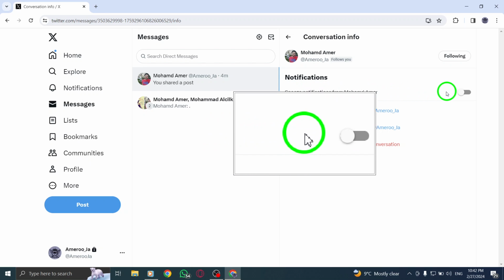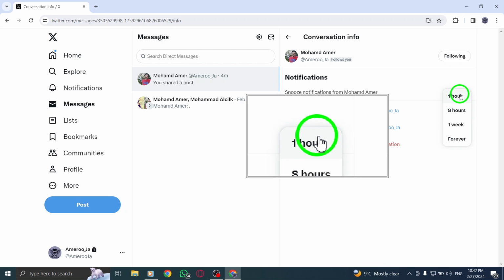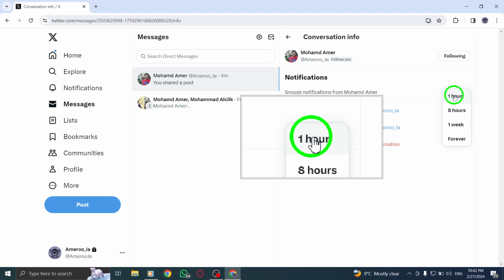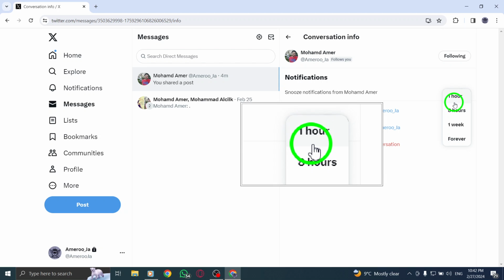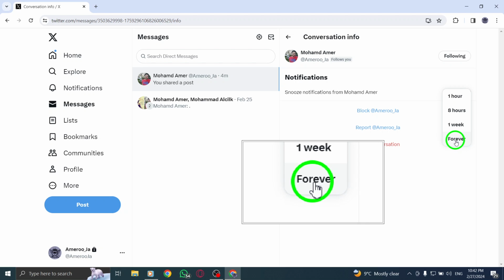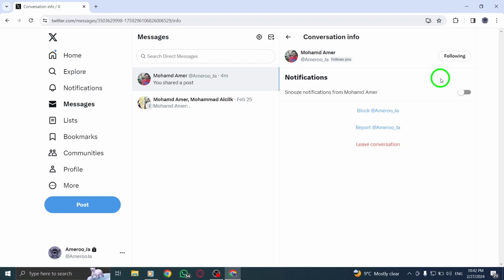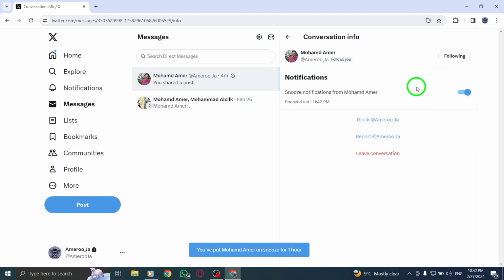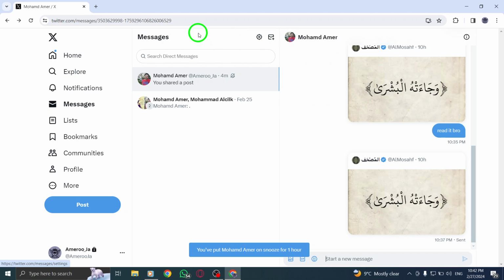A pop-up menu will then prompt you to choose the duration for which you'd like to snooze notifications. You can opt for a snooze time interval of 1 hour, 8 hours, 1 week, or even choose to snooze notifications forever. By following these straightforward steps, you can effectively manage your notification preferences within direct message conversations on Twitter